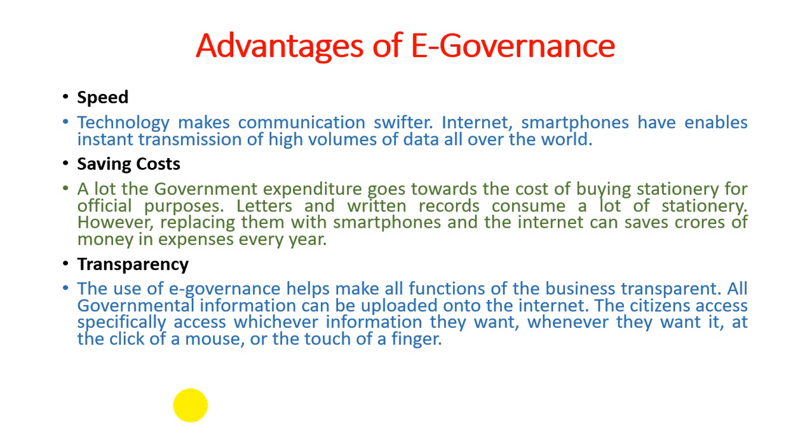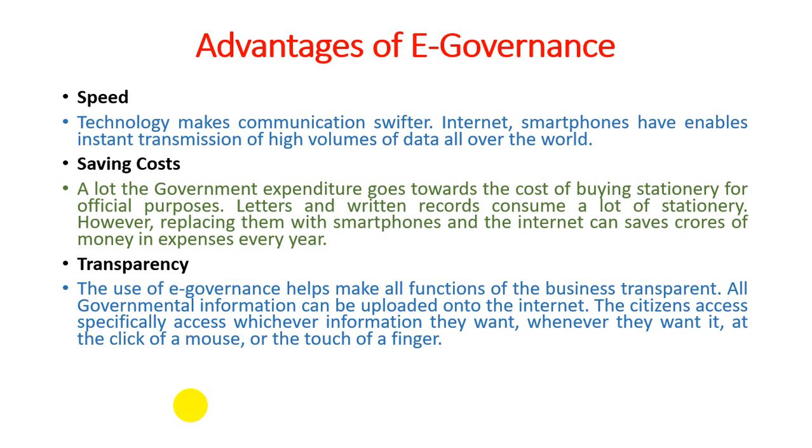I will just give you an example. In Gujarat, the high court has a website through which you can check your claim status, which is happening in the high courts. So you can check the status of your complaints, and it is nothing but transparency through e-governance. Citizens can access whichever information they want, like ITR. It is one of the things through which we know how transparency is happening in India.